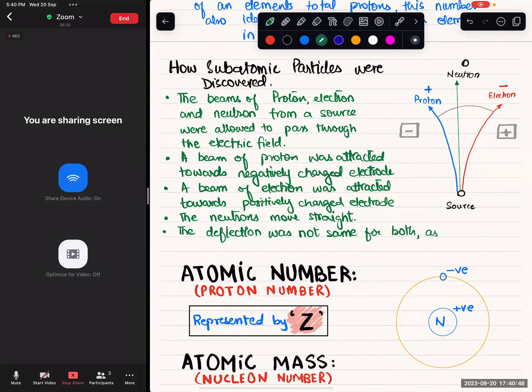Electrons deflect more than the protons due to their masses. It's because of their masses that the proton has a smaller angle as compared to the electron. The electron has a greater angle. And why is that so? Because of their